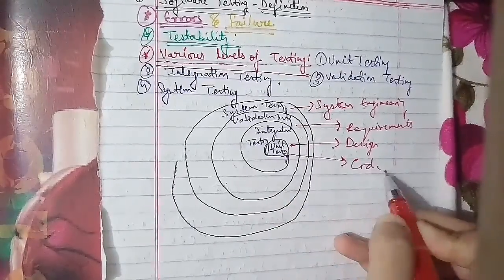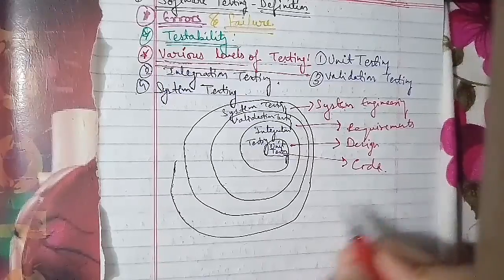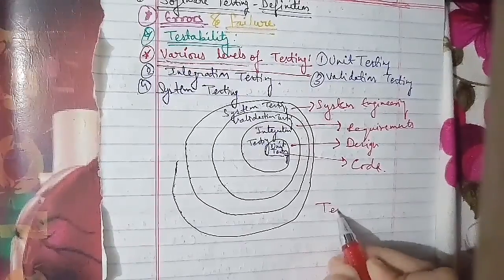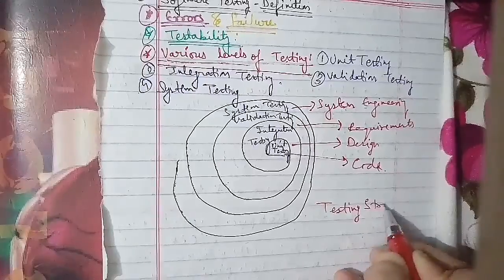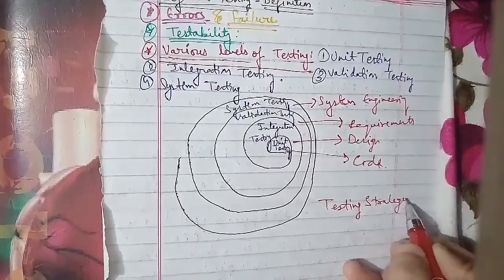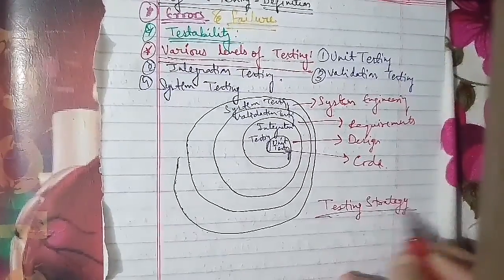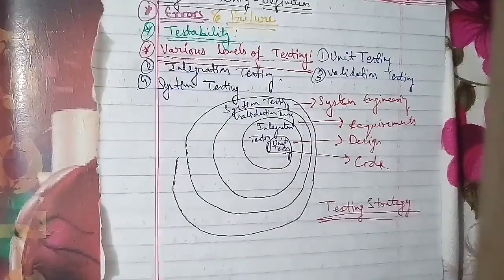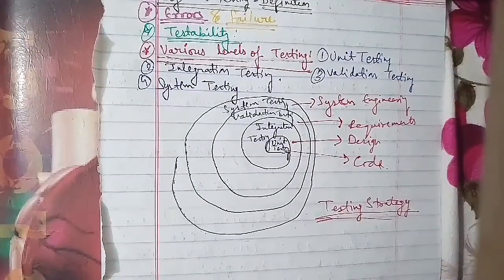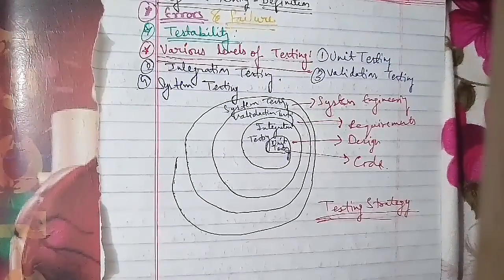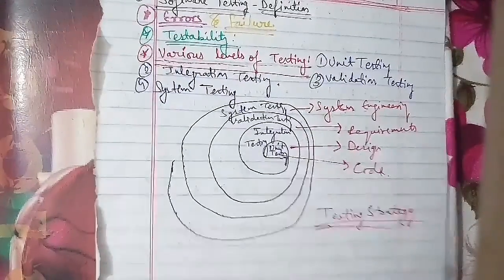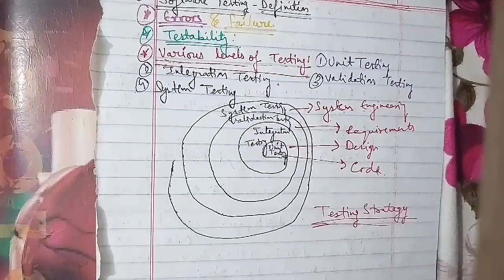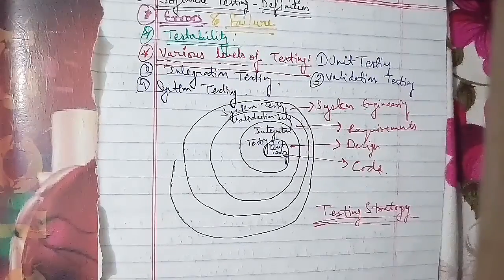These come under what is known as testing strategies, or you can say testing strategy. So this is what we have to talk about, and this is your software development stages. And other than that, there is another one we have to talk about here. In the same case, we have to talk about unit testing, and here we go ahead.